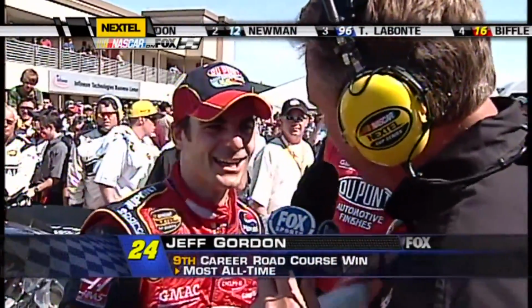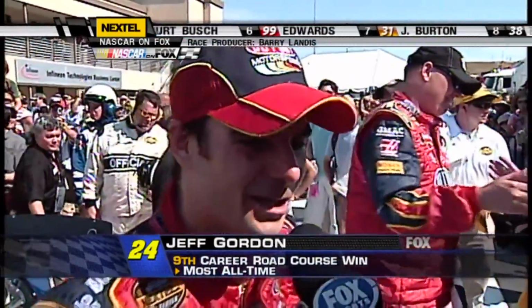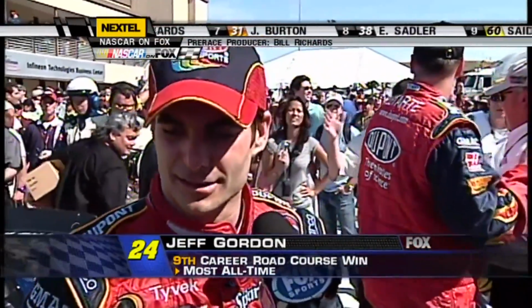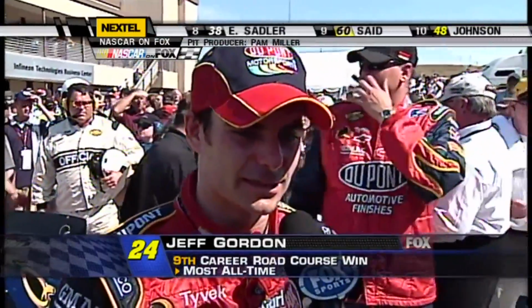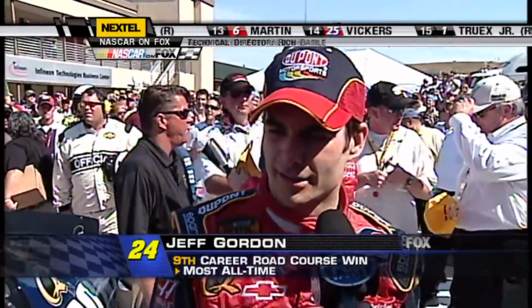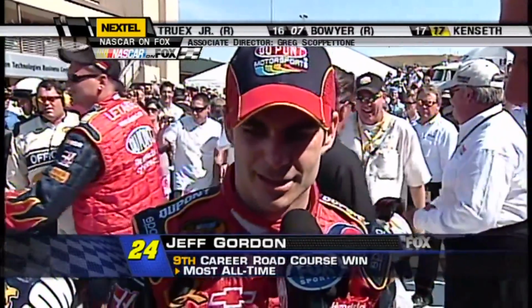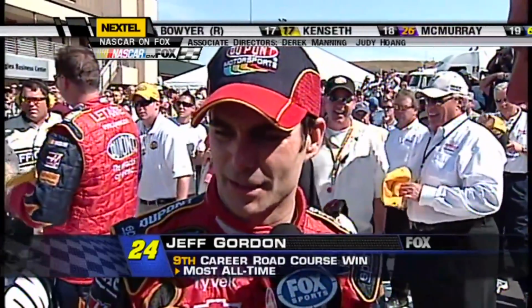So what do those two cautions and the red flag mean for you getting this team back to victory lane? Man, I didn't know if we were ever going to win another one of these races. I don't know what to say. I'm speechless. What an amazing moment this is. Very special weekend for me and this race team to get back to victory lane, for DuPont, for Pepsi, GMAC, Nicorette, the folks at GP and Sparkle Paper Towels. Who am I missing? But it's just been an amazing...